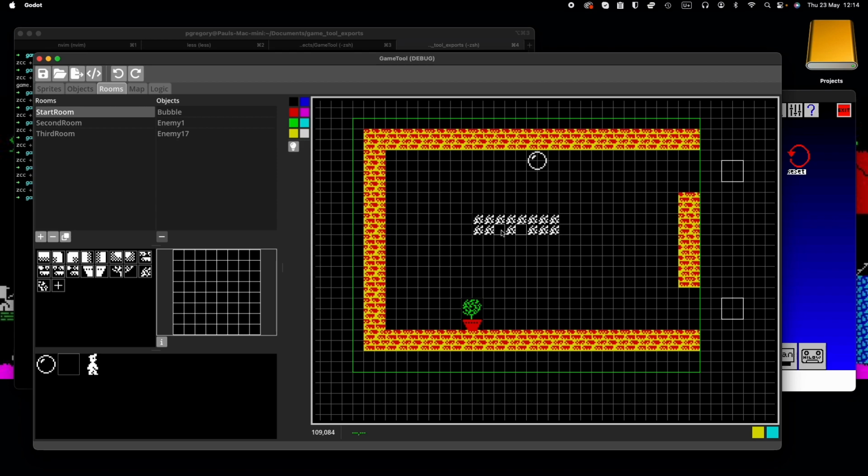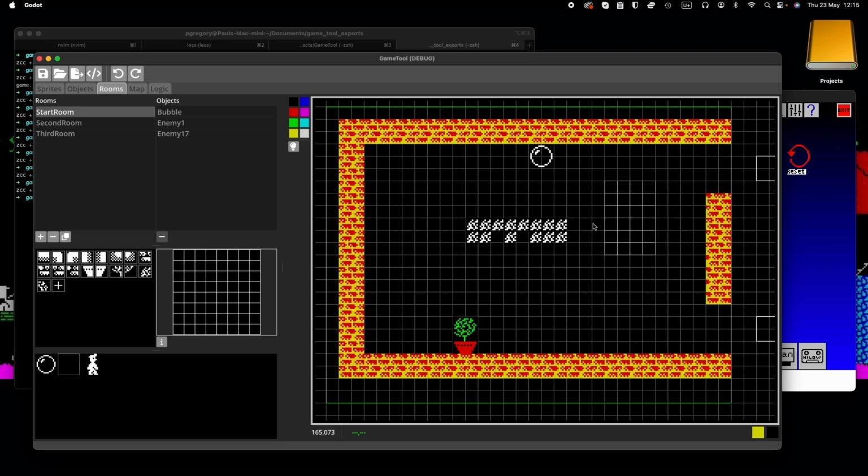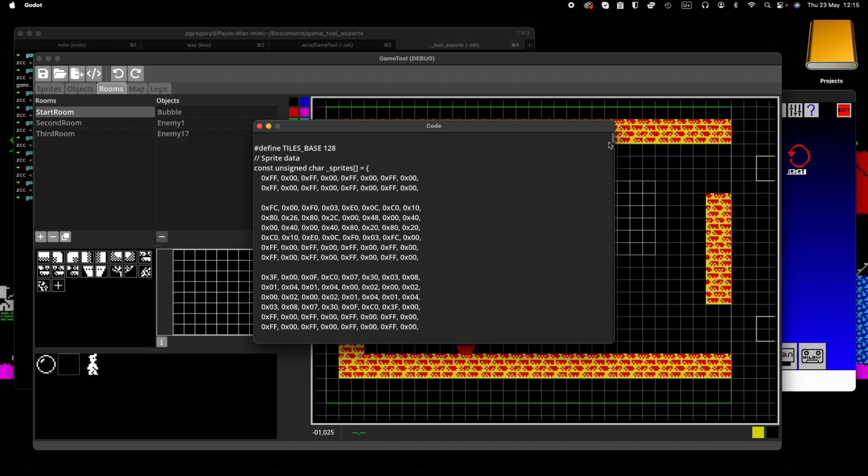Now you'll notice it's difficult to see in there. If I move over here, if I change the background colour to black again and then paint, you'll notice even though the background colour is black, it marks those tiles on the map in the editor with a white border. The reason for this is if you've got attributes in these cells, they will be exported to the code. So if we have a look at the code that gets exported for that room,